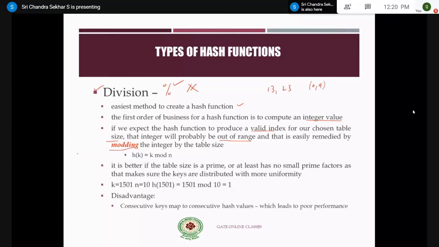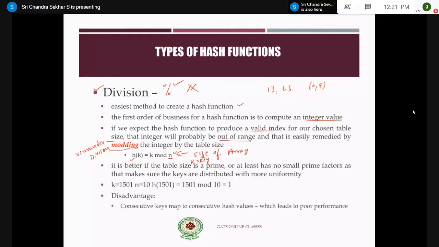Modding is nothing but modular division or remainder division. So h of k is equal to k mod n, where n is the size of the array and k is equal to the key.